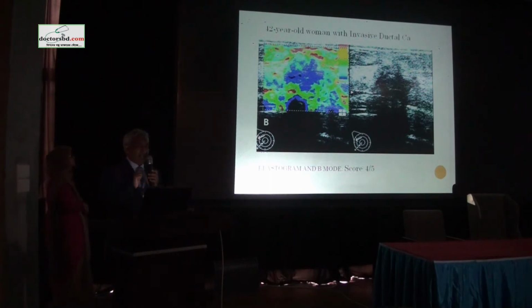Look at another difference over here. You see the grayscale ultrasound where you find a little lobulation and irregularity and ill-defined boundary. And on the basis of grayscale, you will definitely label it as BIRADS 4 or 5. But when you put elastogram, you find the lesion, even the lobulation, is represented as blue, but the periphery is not represented by any blue color. That means the periphery is not being infiltrated. And again it proved to be a BIRADS 5 category, a kind of ductal carcinoma.